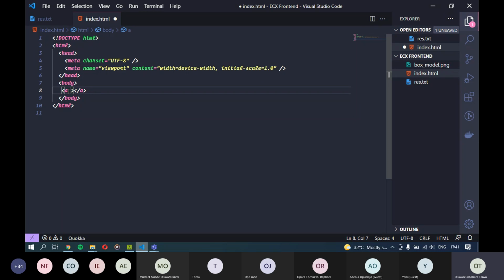How you tell the A tag where it should link to is by using the href attribute. You do it the same way you did all the other attributes. You type the name of the attribute, you type equals, then in quotes you have the value that you want the link to have. So here we want to take us to www.google.com, and inside of the A tag now, what we're going to write inside is what